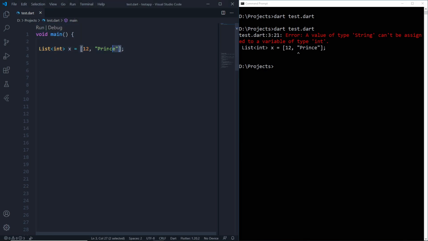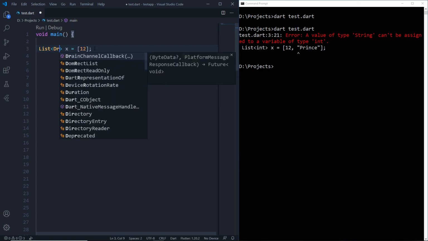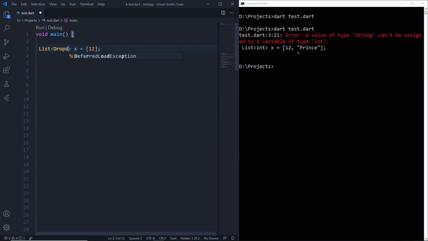So this is something that you have to understand: whenever you're working with Flutter or Dart or anything as such, and there is some explicit declaration of the list or map, then you have to create it in the same way. A very simple example is that in a drop down menu, the items should be a list of drop down menu items. So there, if you want to create a list, you have to do something like a list of DropdownMenuItem, and if you don't do that, then obviously you're going to get some error.